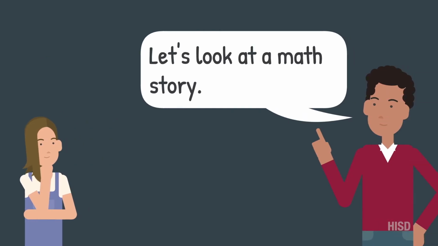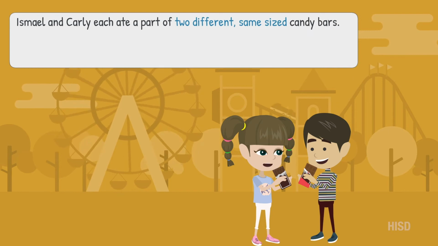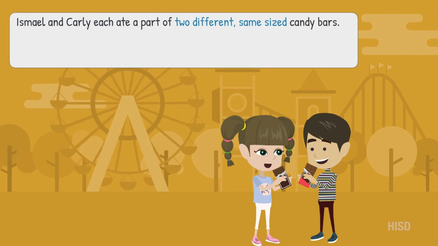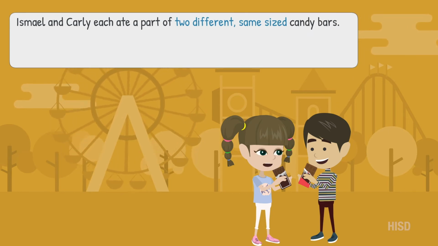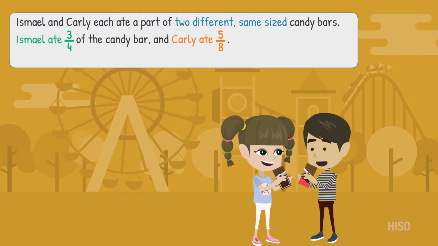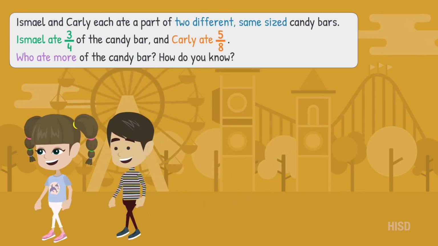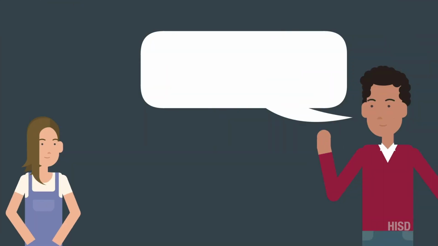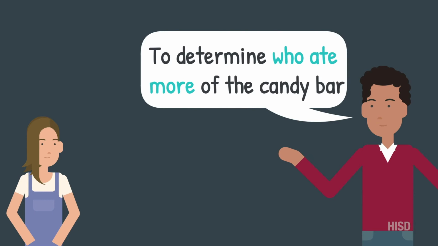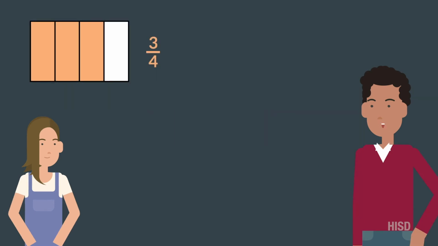Let's look at a math story. Ismael and Carly each ate a part of two different same-sized candy bars. Ismael ate 3/4 of the candy bar, and Carly ate 5/8. Who ate more of the candy bar? How do you know? To determine who ate more of the candy bar, we will compare these two fractions: 3/4